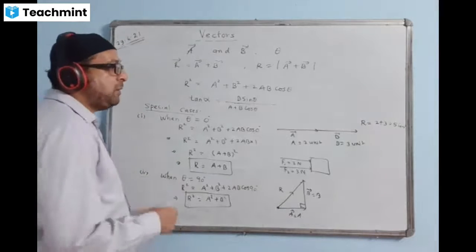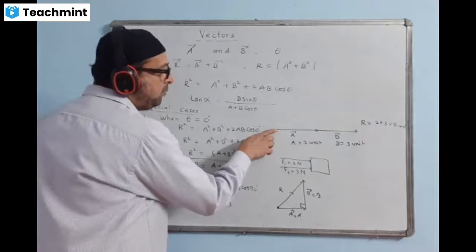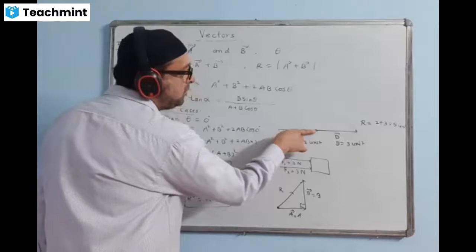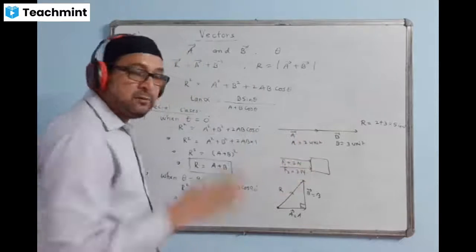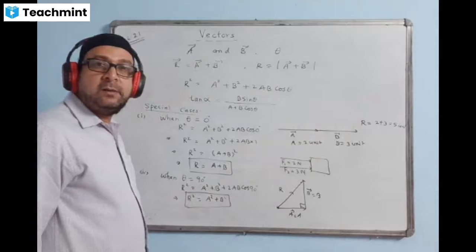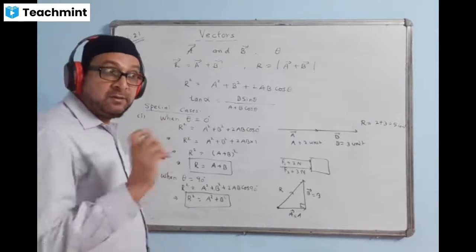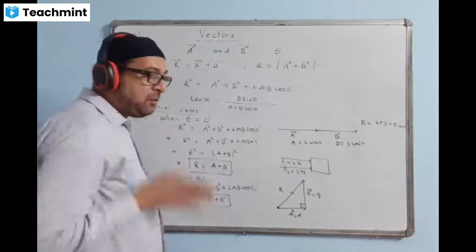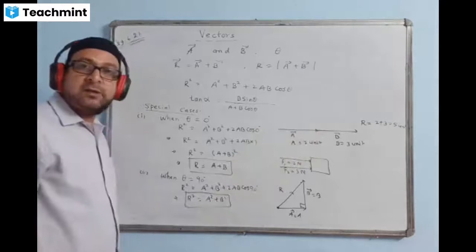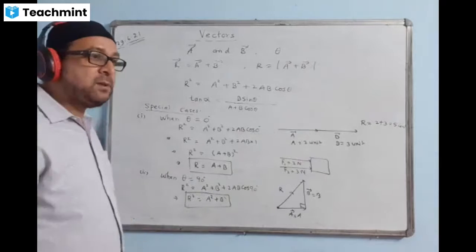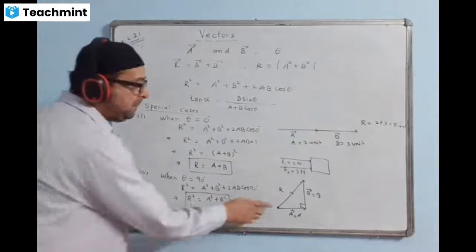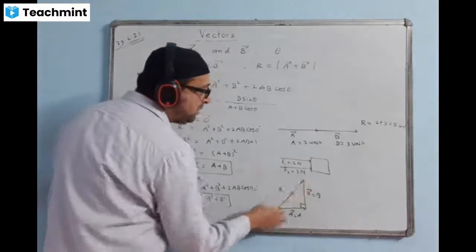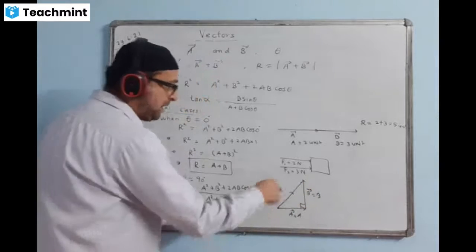Like yesterday I showed, suppose a boy in the first case moves 3 meters north, and again 4 meters north, the same direction. What is the displacement of the body? Displacement is a vector. We simply add, because they are in the same direction. The direction is not changing, so the total will be 3 plus 4, 7 meters. But if the 3 meters is like this and the 4 meters is like this, what is the value of the displacement?